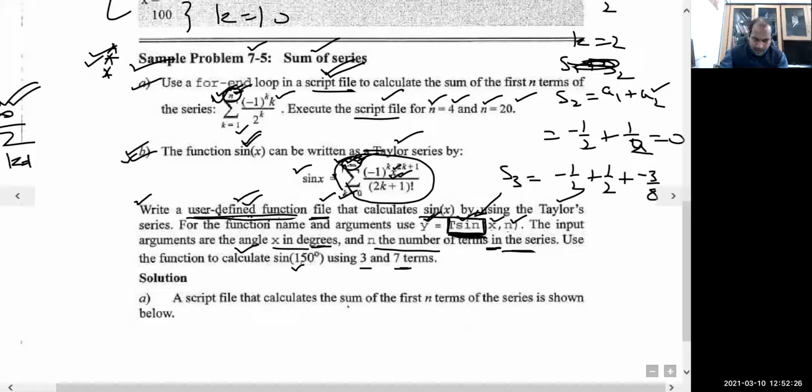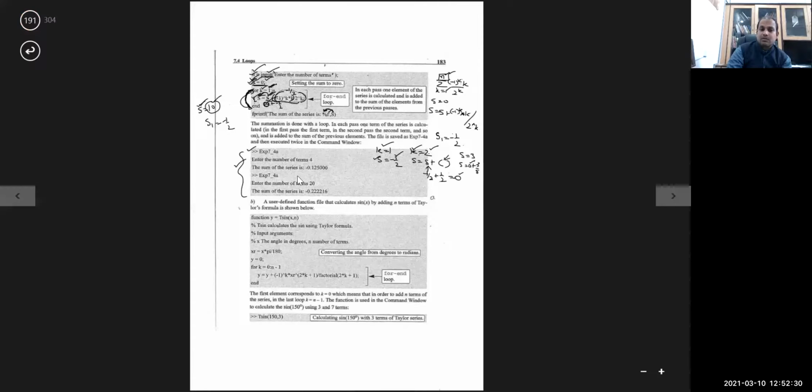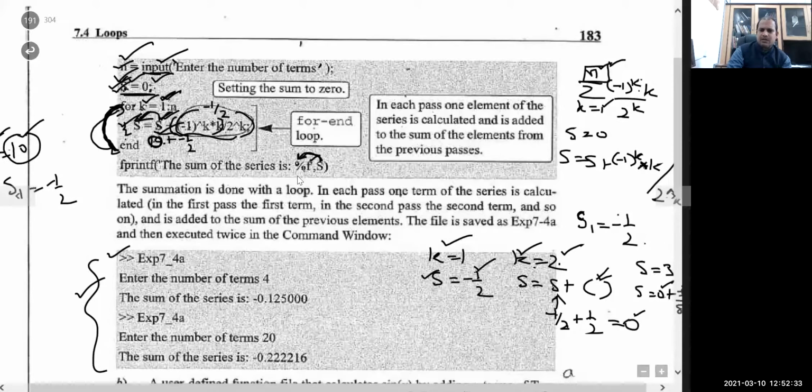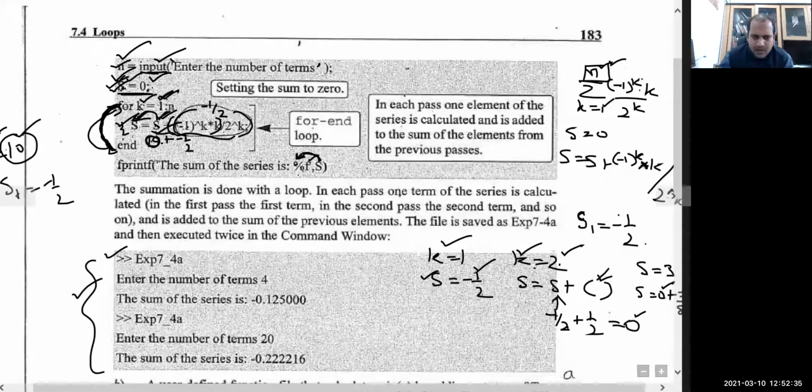So for first part A, look at the result. I have already explained it, but let me once again recall. Since I have to compute this sum and you want to enter n manually, the first line will be the declaration of input. This will be used to provide the value of input. Once you execute the command, whatever is written in the inverted commas will be displayed, and the computer will ask you to enter the value of n. That is the number of times input is used.